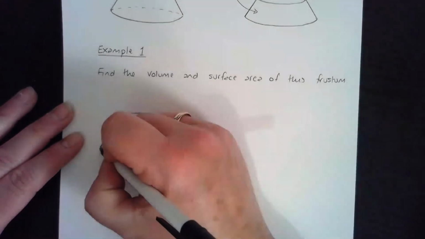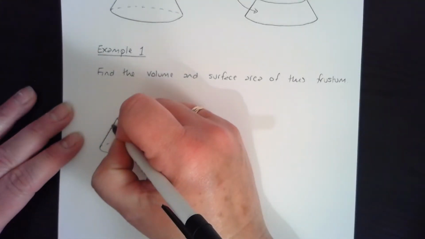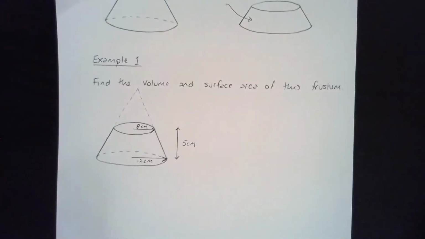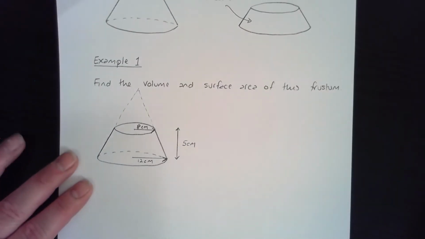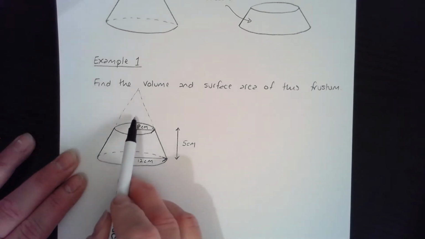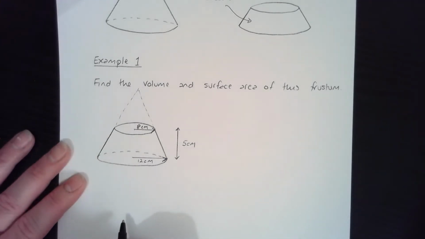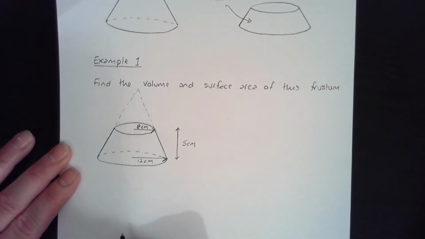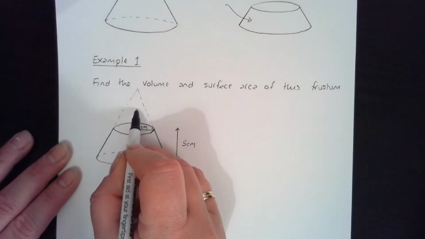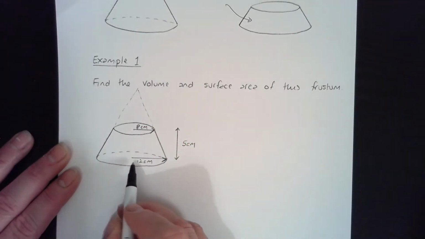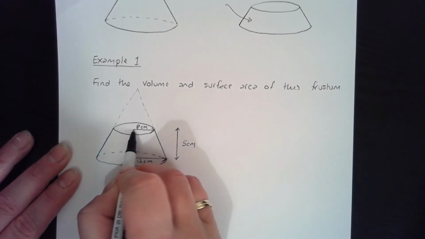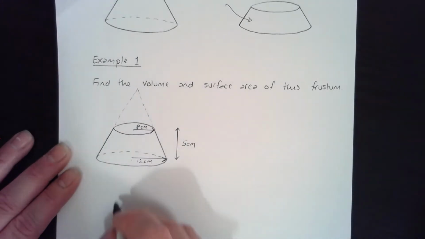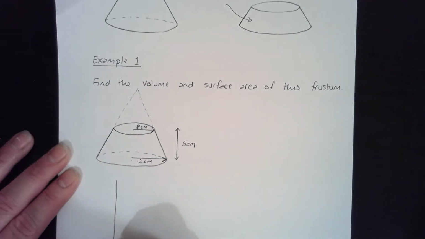So I'm going to imagine the cone as it would have been, like that. We can focus. There it is. Now we know that these two cones are mathematically similar, so I'm going to generate some similar triangles which will help me find the other lengths that I need. So taking a line straight down from the centre of the big circle through the centre of the small circle right up to the point of the cone gives me a large right angle triangle that looks like this,